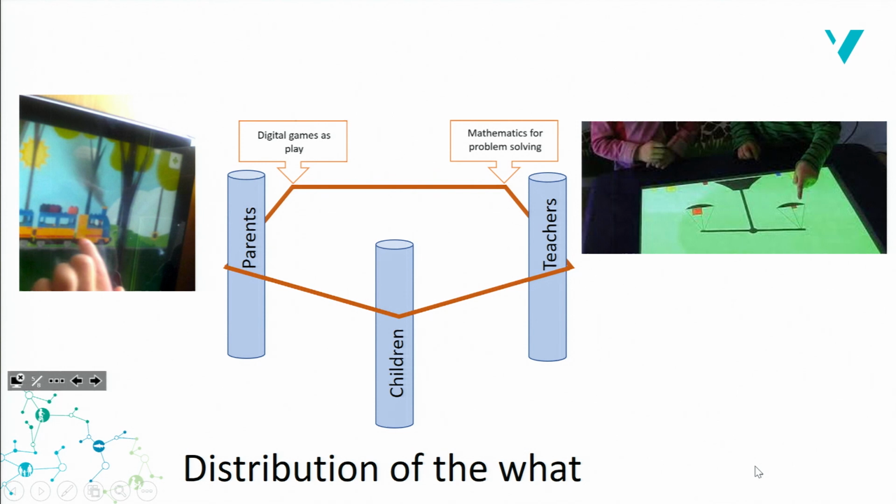We actually need to take play as the fundamental starting point for thinking about this. And digital games allow us to think about play in all sorts of different ways. What are the affordances of these digital games which allow a different kind of play to occur? But still within these interactions of children, parents and teachers. It's not just an interaction between the child and the app.